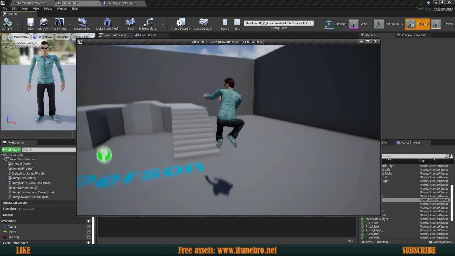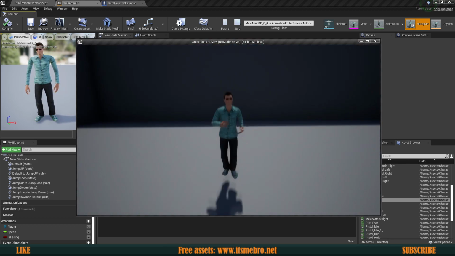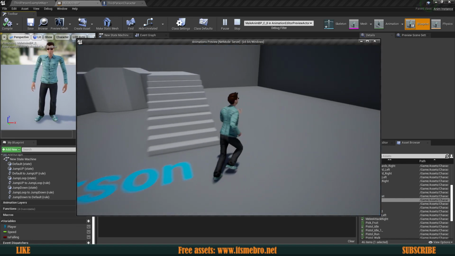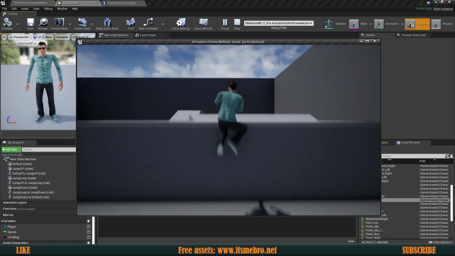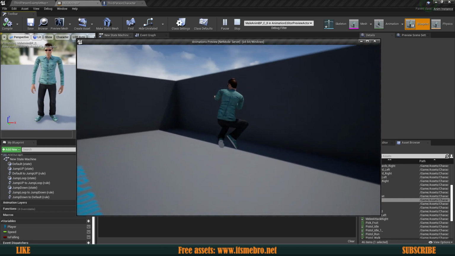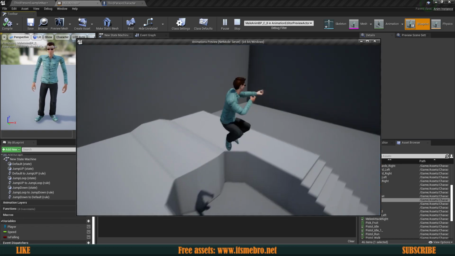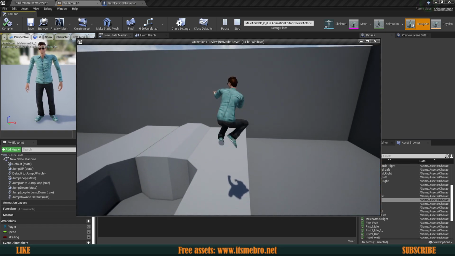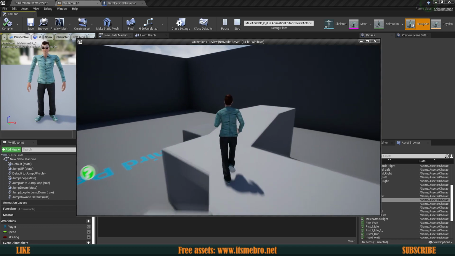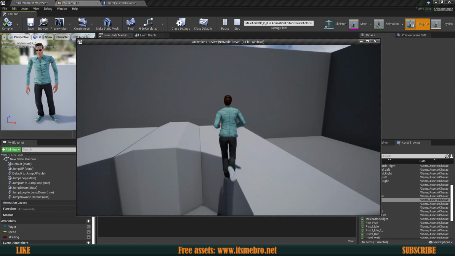Now whenever we jump, there we go, you can see my character is jumping. Now I don't have the best animations, obviously, but if you have some proper animations, this is going to look a lot better. Mine is very stiff and it has this aiming animation added to it, but other than that, it looks to be all right. I'm going to leave it be for now, because later on we're going to have a lot